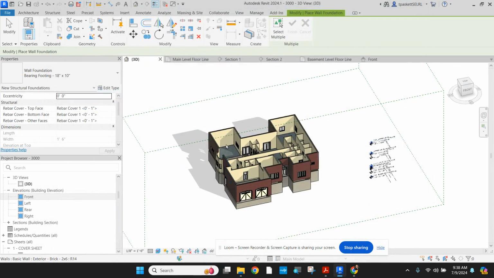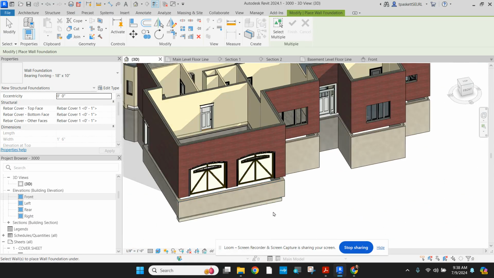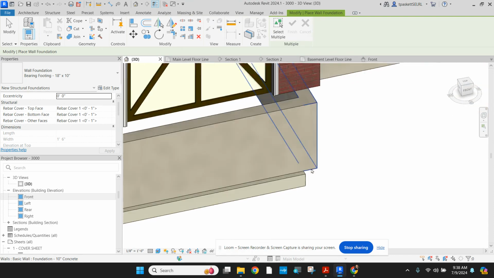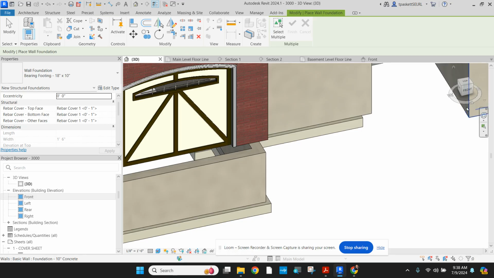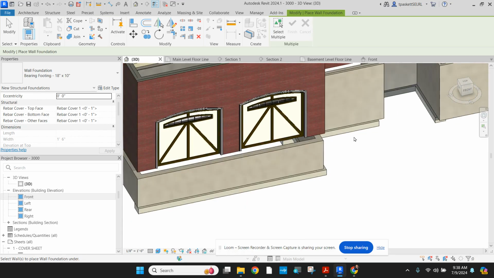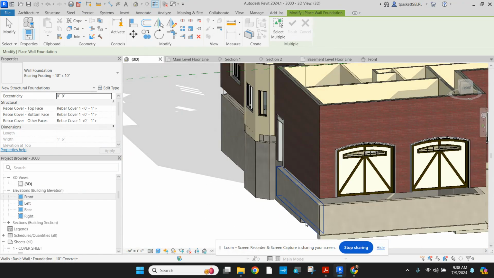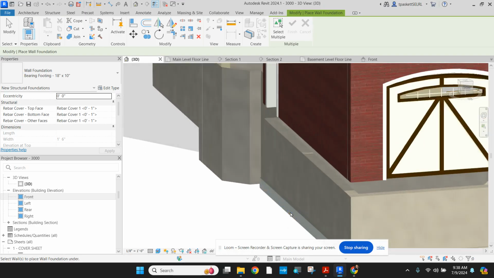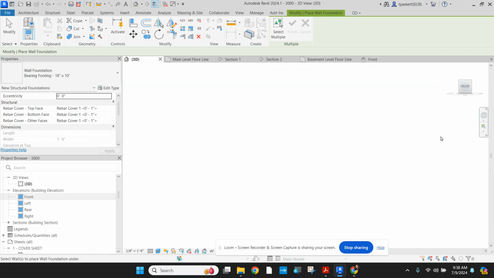And here's the beauty of how these go on. They're already set. So all you do is pick the wall, and it automatically puts the footing in for you. So it doesn't matter what wall you're picking, it'll always put a footing at the bottom of it. And so now we just have to go around and select all of our footings. So we click all of our walls, make sure you get all those in place, and turn things around as need be